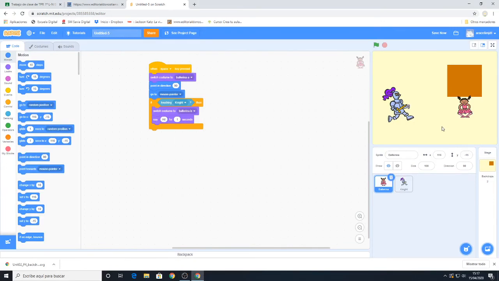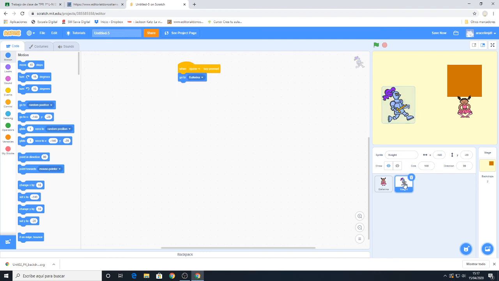One more detail, pay attention, you have to test your program, you have to click on the knight, okay? And then I'm going to press the green flag, and now I'm going to press the space key once and